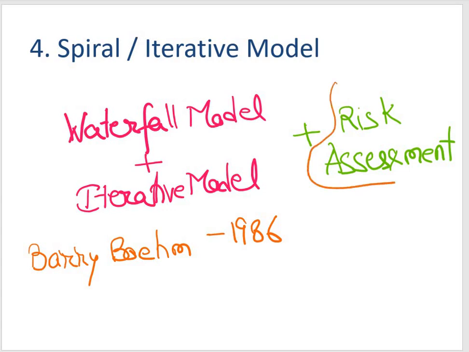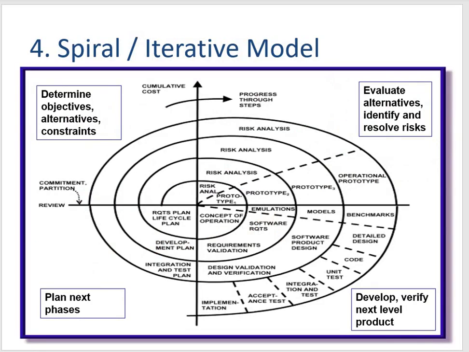This risk assessment term has been coined for the first time in any of these SDLC models that you have studied till now. In each phase, I'll have a design goal and it will end with reviewing the progress. Let's see this particular model. So what we see is there are four quadrants. Let's say I am giving it as Q1. You can give it any number, Q2, Q3 and Q4.